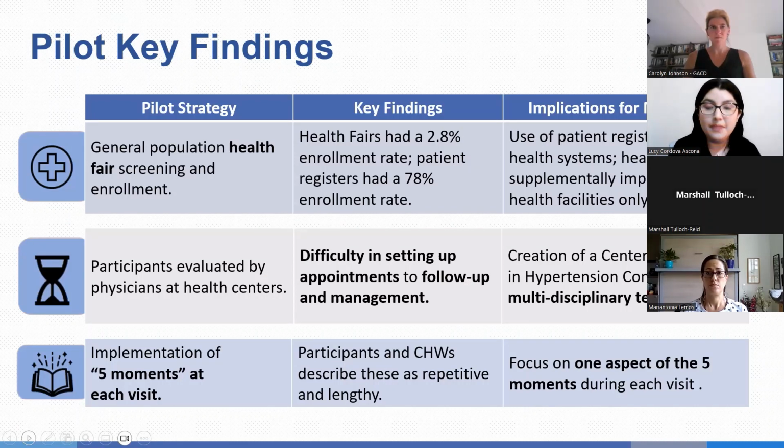So in this scenario, we as a team decided that the implication for the main study is to switch the strategy to rely more on the registries provided by different health establishments, either private or provided by the Ministry of Health of Peru. But we will also keep the Health First, although instead of doing it in the community, we are going to do it inside the health facilities in order to cover the most people